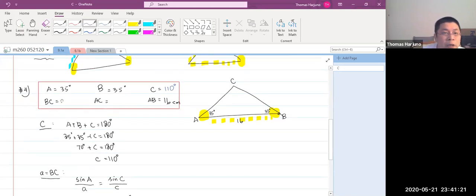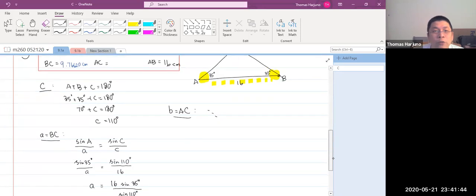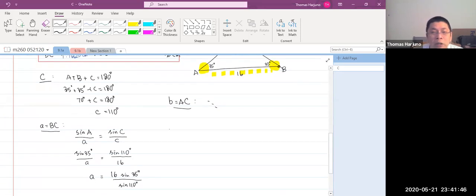That will be 9.76620 centimeter. Then you can do the same computation for AC. Side AC is also side B. And then you compute. Actually, if you think about it, you don't need to compute because there are